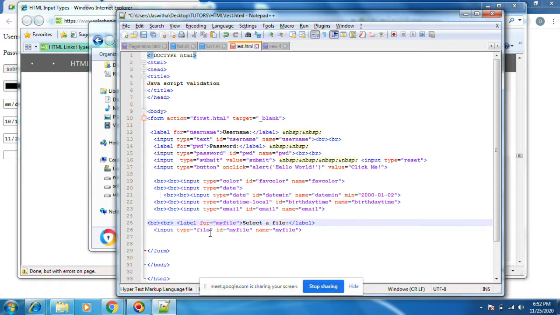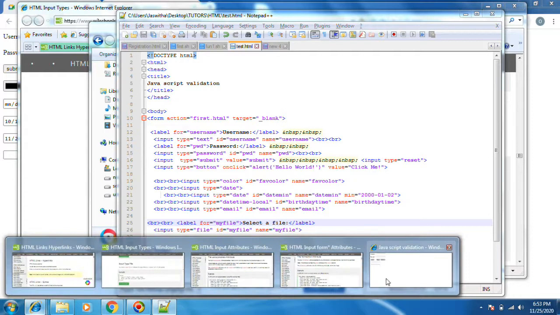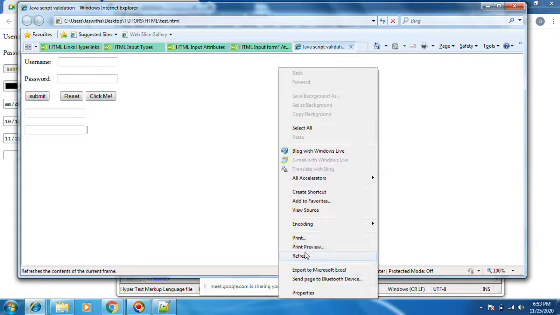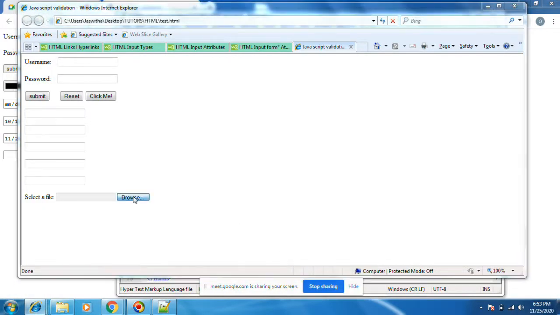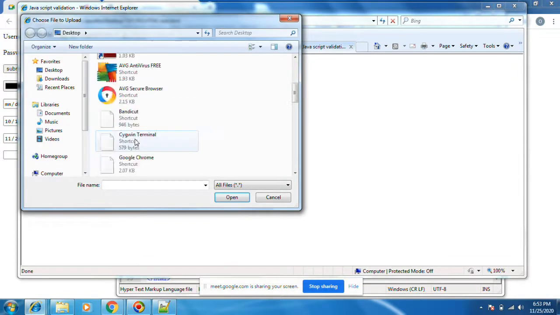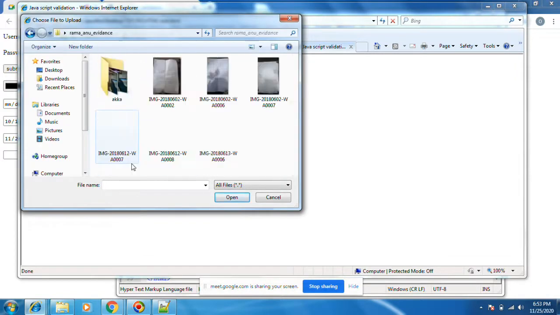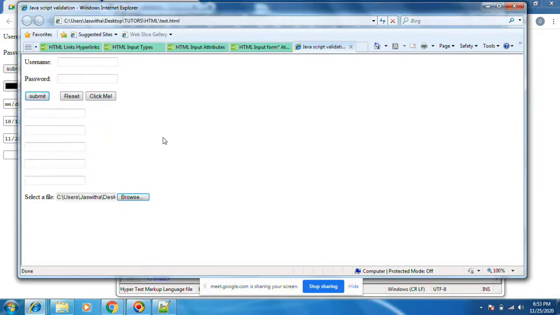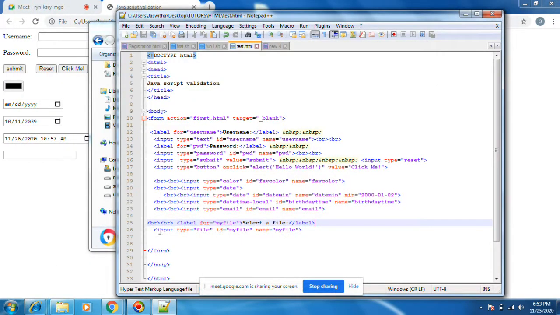Refresh here. You see, you can select a file. You can select anything. Reset will reset everything. It's a simple input type equal to file.